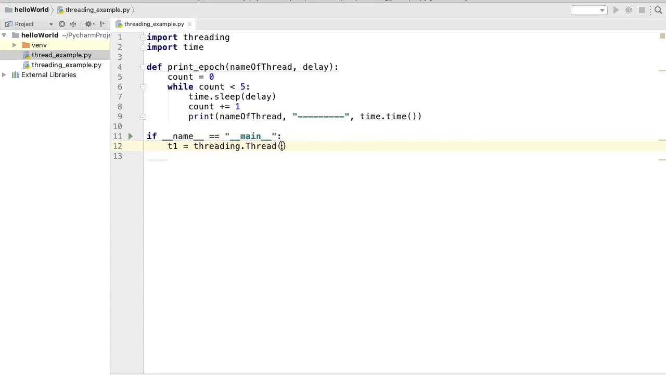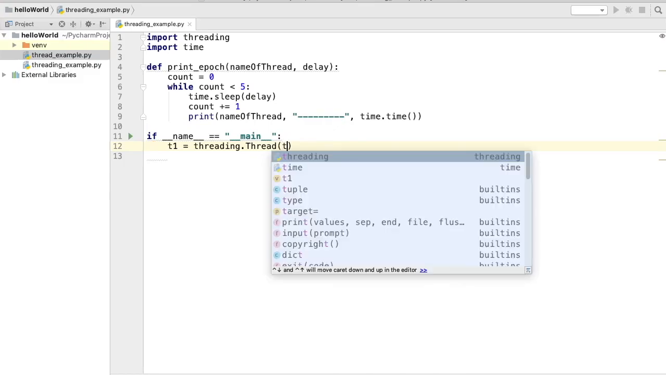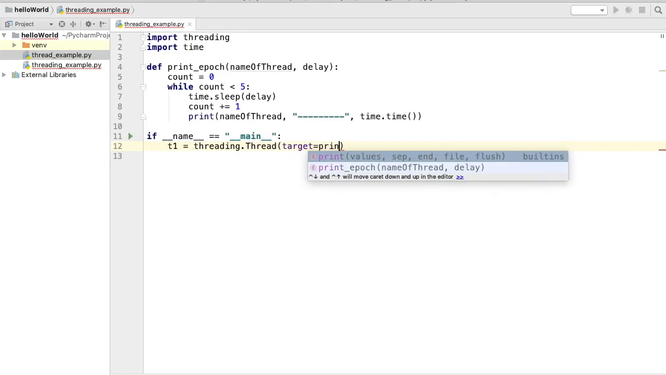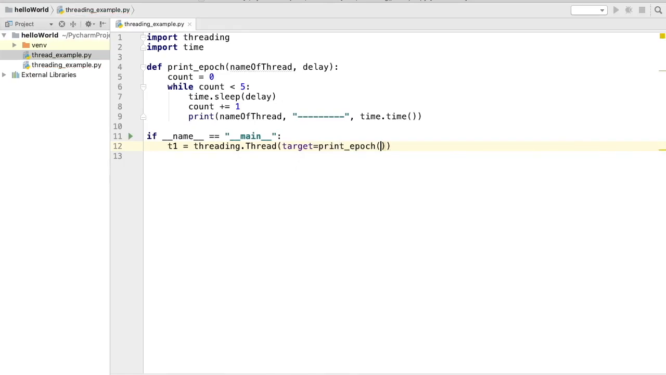So for our purpose we need to call the function which is print_epoch, so we need to provide a target. In order to provide a target we are going to just write target equals and the name of the function. So the name of the function is print_epoch which we are going to call, and this you need to give without the parenthesis. So just remove the parenthesis in front of this method when you use it as the argument